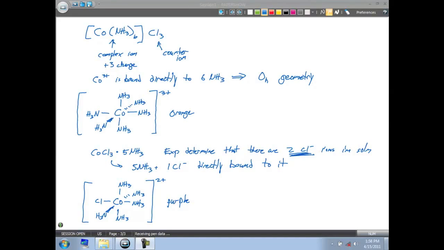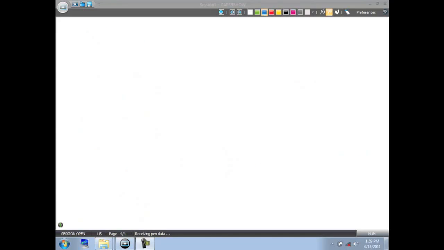So when you put a different amount of ligands around a particular complex, you can have different scenarios that happen. So if we look into the CoCl3 with 4 NH3,